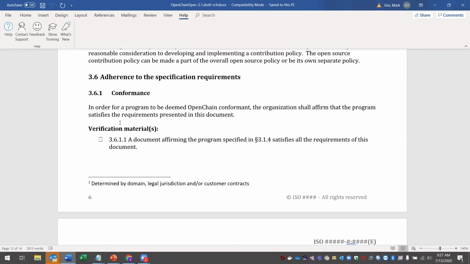Because the concern is that we don't want people eroding the value of OpenChain by using it purely as some sort of marketing tag, when the reality is it only covers a small part of their organization. I think it goes hand in hand with saying that you're OpenChain conformant, that you're also saying this is the scope of our conformance. So I would favor considering making that a requirement for the next revision.